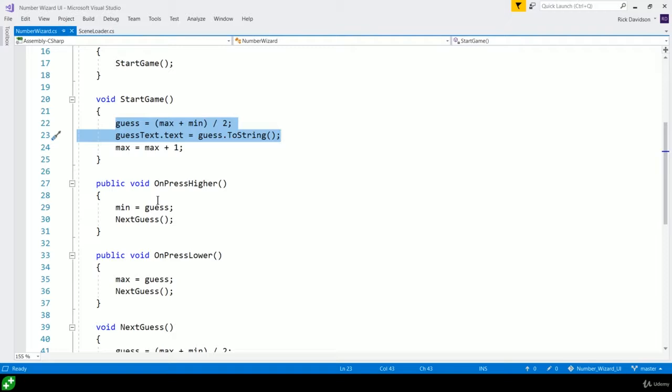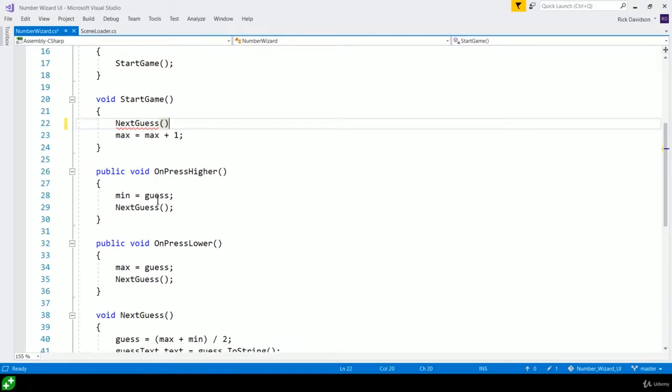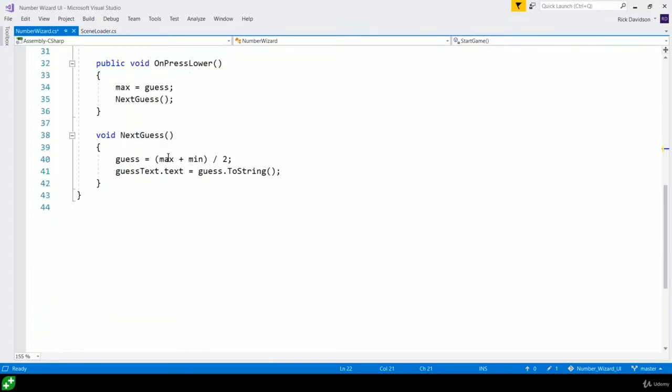So wherever we can, we try to have it consistent. I'll just redo my change back to next guess. Okay, so within the start game method, we have next guess. Now let's look at our randomness. Down to next guess, we have guess equals max plus min divided by 2. Well, instead of that, I'm going to use